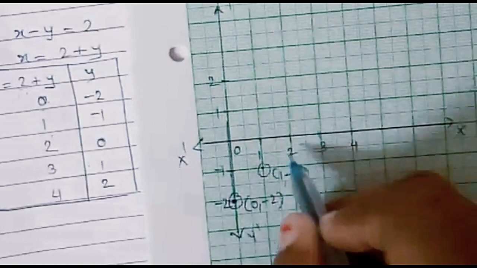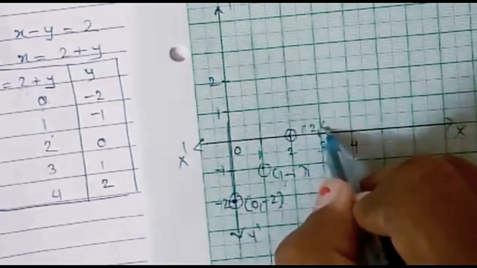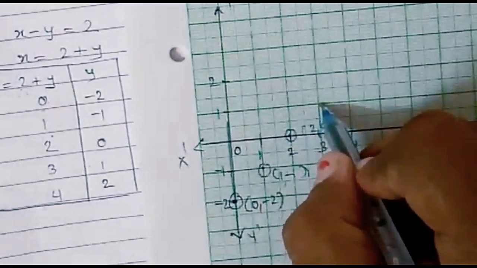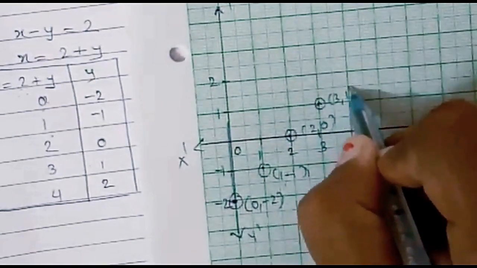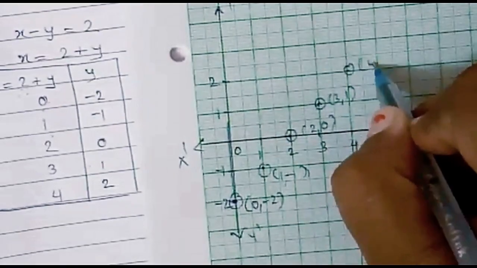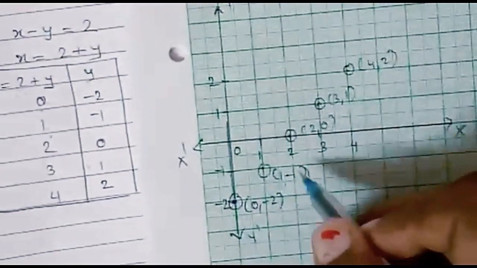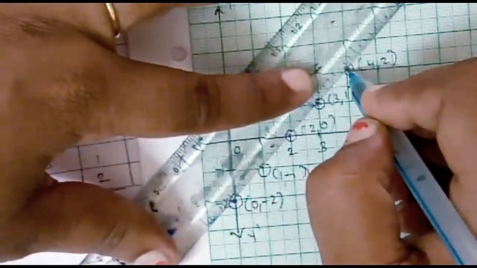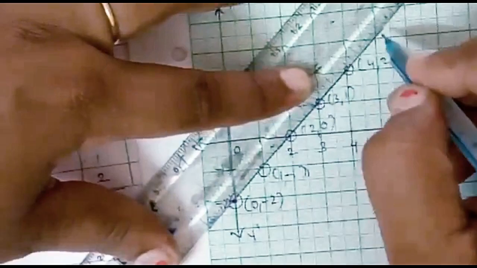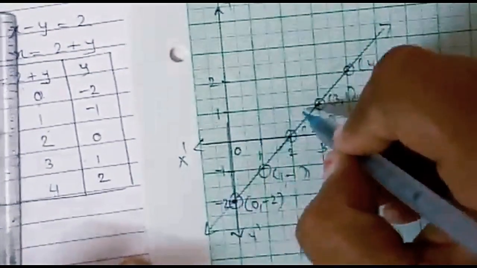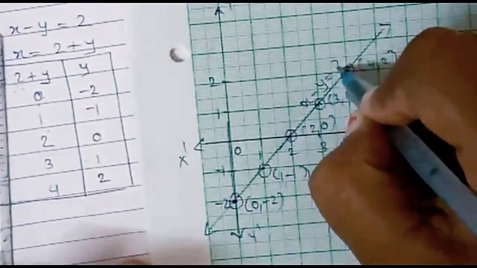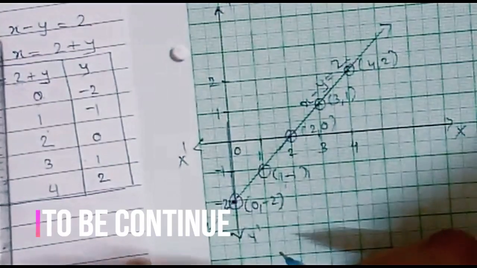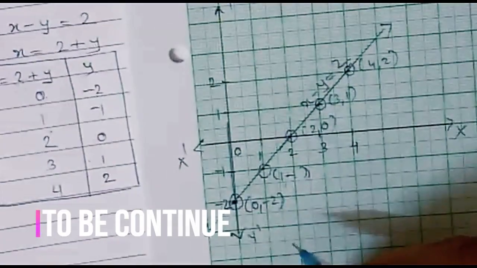Same way you can place 2, 0. Here you can see the y coordinate is 0. So the point is on x-axis. 3, 1. Then we have 4 and 2. In this way, I have got 5 points satisfying this linear equation, and again I can draw a line passing through all these 5 points, and this line will be actually x minus y is equal to 2. So it represents the linear equation x minus y is equal to 2. In this way, you can plot many different